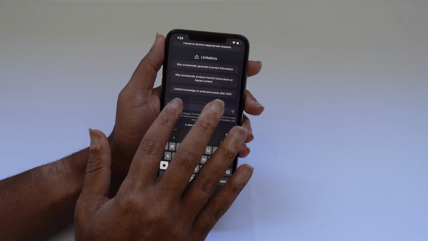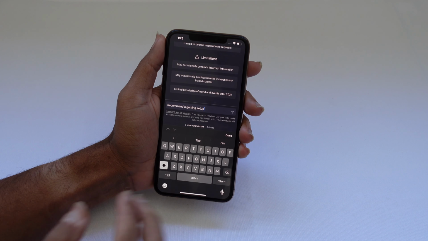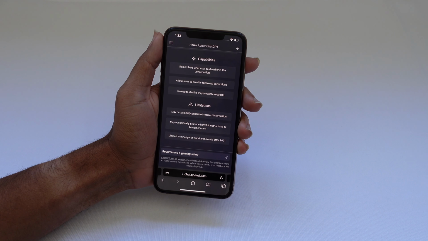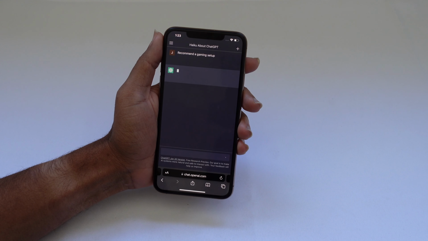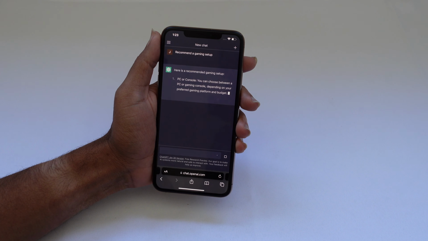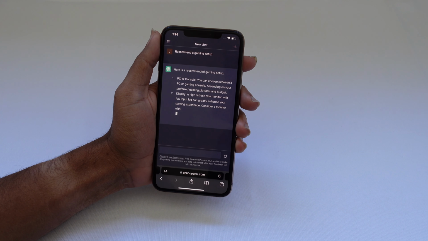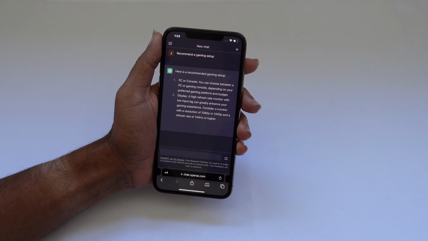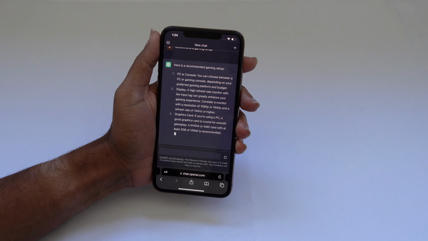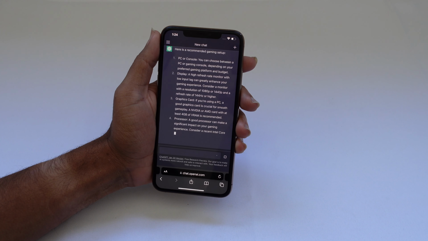Another hidden feature for ChatGPT revolves around recommendations. If you need some help and you're struggling, in this case, I made a prompt to recommend a gaming setup. That's one of my goals this year. And it spits out some recommendations for a gaming setup, a PC or a console, a display with a high refresh rate. And wanting one, consider a monitor with a resolution of 1080p, 1440p and a refresh rate of